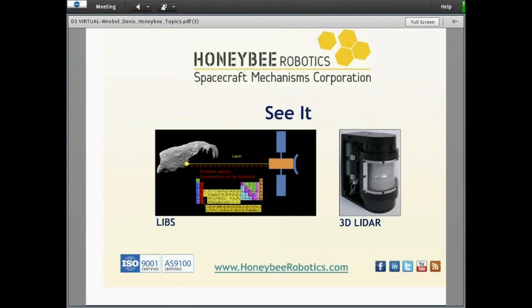So in regards to seeing the asteroid, we have developed laser-induced breakdown spectroscopy instrumentation, as well as 3D LiDAR. While the focus of the application for these was proxops and acquisition of composition information prior to engaging the asteroid, we believe that a portable LIBS system can be a very useful tool as a handheld or crew-deployed system when